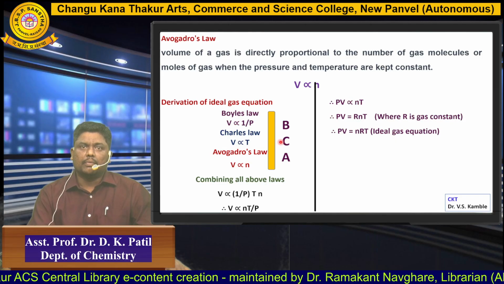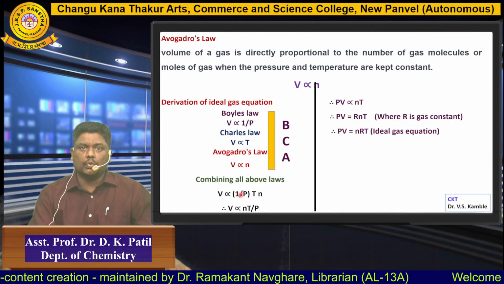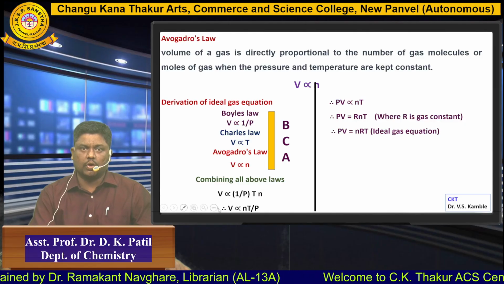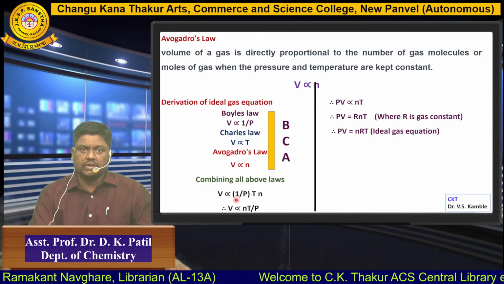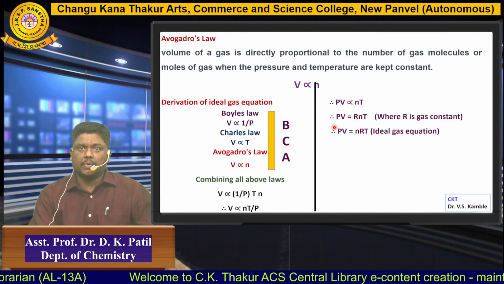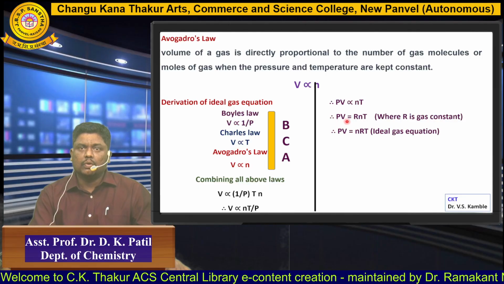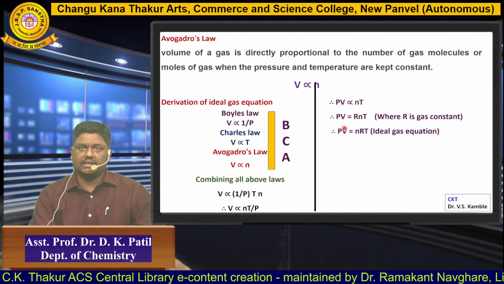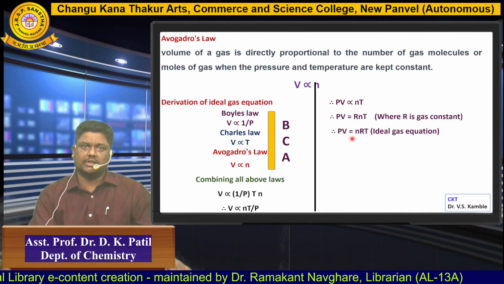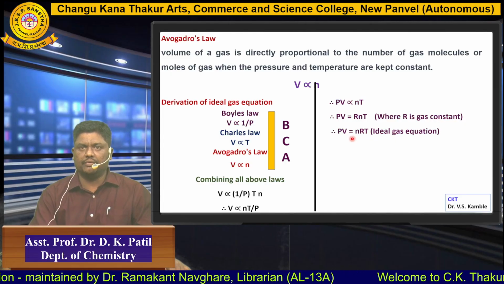So when we combine all these laws, we get V is inversely proportional to pressure and directly proportional to T and n. Therefore another equation is V is proportional to nT by P. So PV is directly proportional to nT. So PV equals nRT, and that is the ideal gas law. So using these three laws, BCA, Boyle's, Charles and Avogadro's, we derive the ideal gas equation, and that is the well-known equation, PV equals